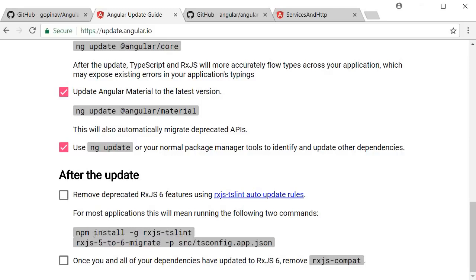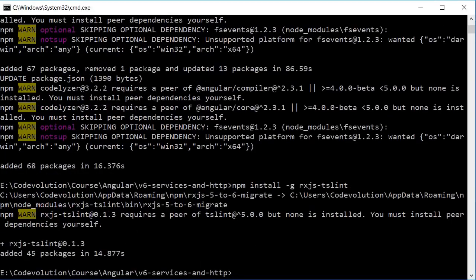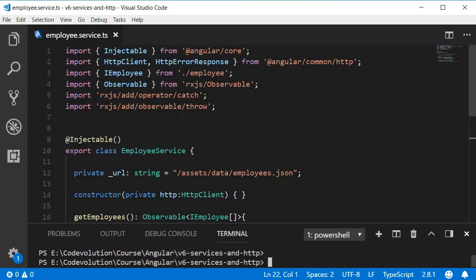The first command is npm install -g rxjs-tslint. So copy the command, go back to command prompt, and then paste it. And then we have to run the second command, migrating RxJS 5 to 6. Before I run this command, I want you to closely take a look at the existing code. So I'm going to go back to Visual Studio Code, and I have opened